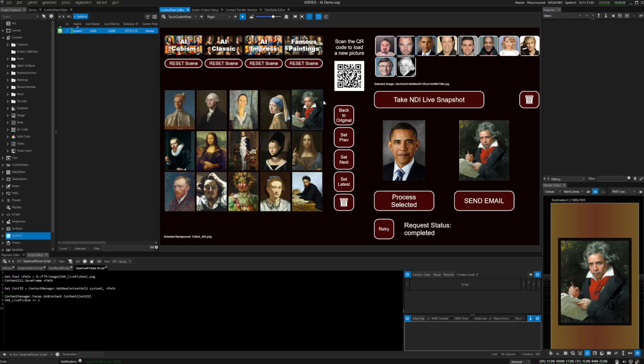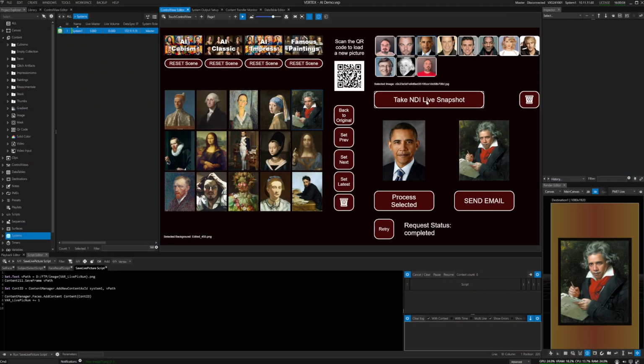So back to our project. Last but not least, how can we load new images into the project? We have basically two ways here. One way is through an NDI input. So here we have an NDI input coming from my phone. I'm opening the app now on my phone. Okay, it's working, so I'll show you with the camera. As you can see here, I have my phone with an NDI cam on it, and I can just take a picture of myself,